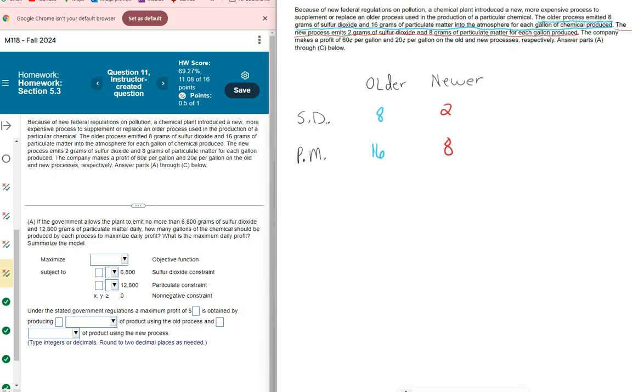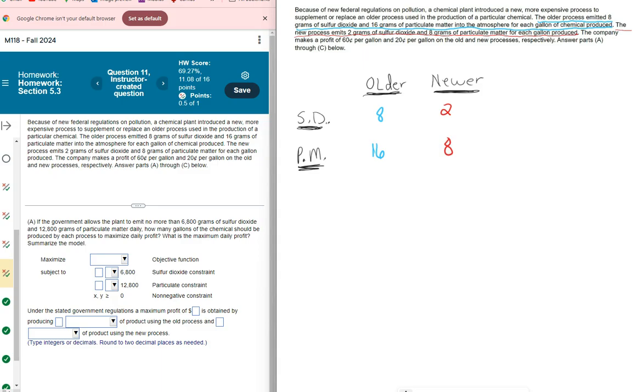So I realized we were talking about an older and a newer method, and they were talking about sulfur dioxide and particulate matter. In the blue, there were 8 grams of sulfur dioxide. So under older, which is in blue, I put the 8 next to sulfur dioxide, and beneath it 16 for particulate matter. And then in red, which is the new process, I put the red numbers under newer. This emits 2 grams of sulfur dioxide, so I got the 2 here across from sulfur dioxide, and